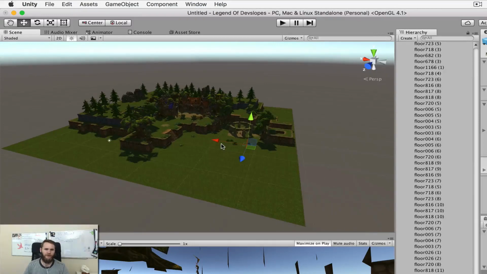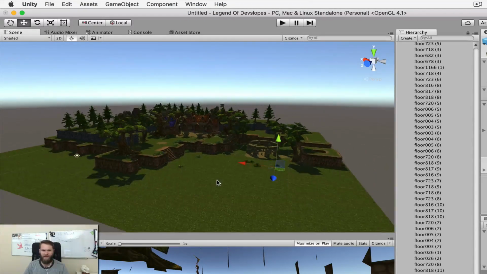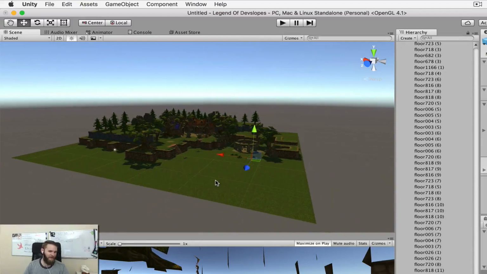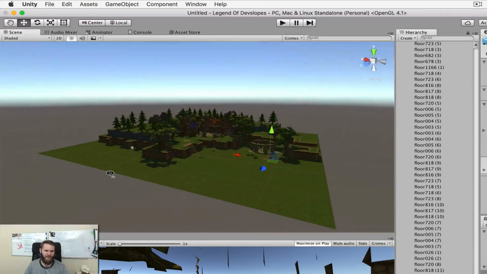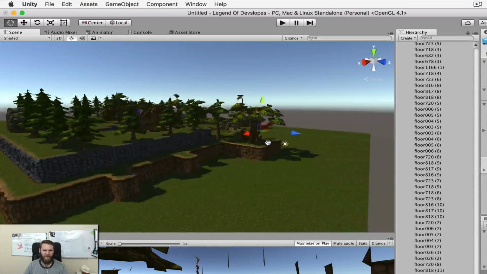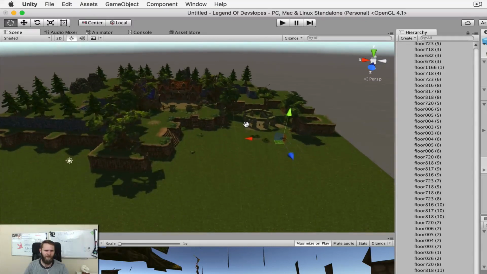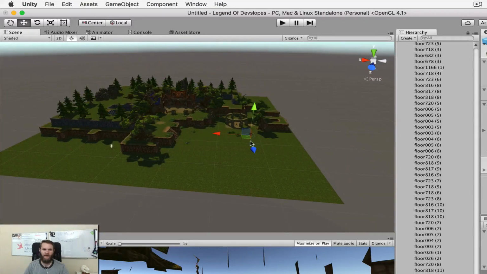A large open space for some carnage and melee violence to occur. But it looks pretty fake. We don't really have a sense of realism here yet. We've got this floating, perfect square in the middle of nowhere. So let's see if we can do something to make that look a little bit more